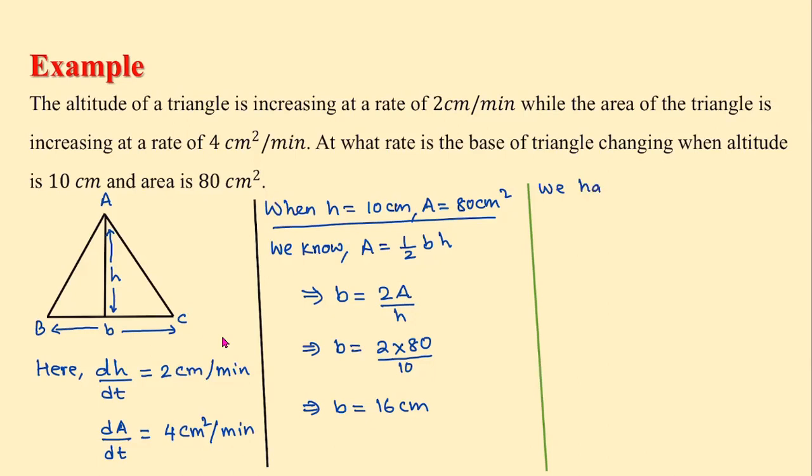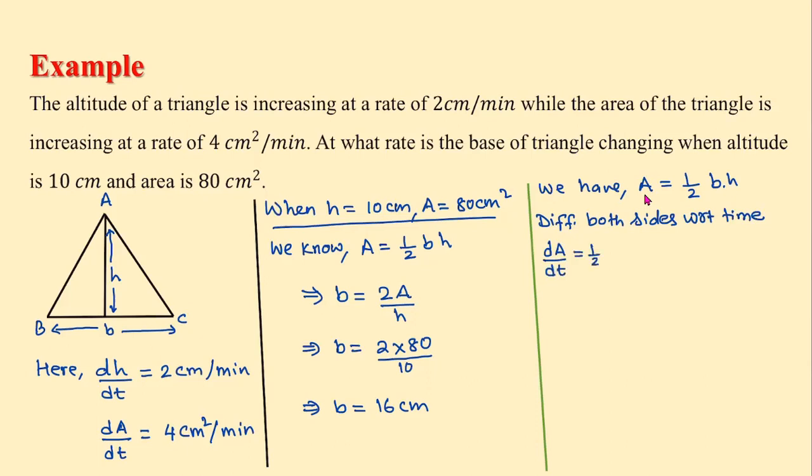We have the same formula. We have area equal to half base times height. Okay, area equal to half base times height. Now let's differentiate this on both sides with respect to time. Differentiating both sides with respect to time, on the left hand side, it will be the derivative of area with respect to time